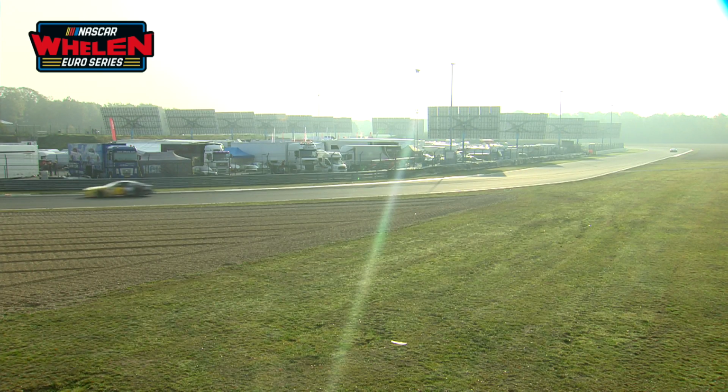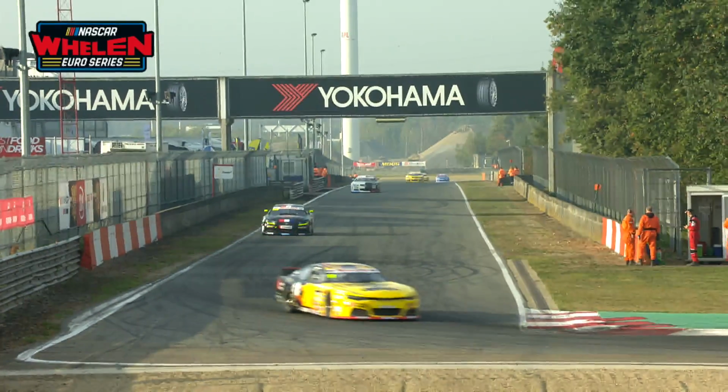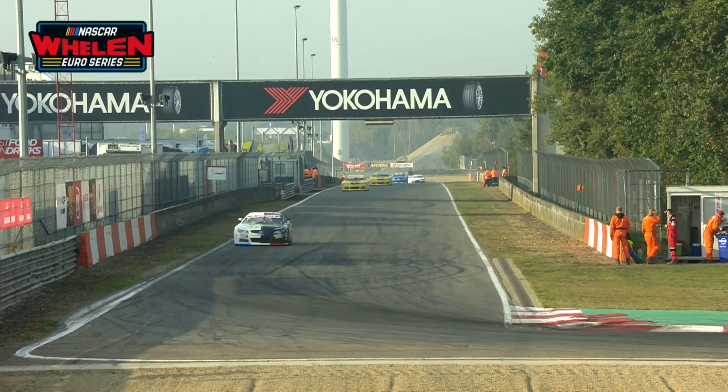So a 1 minute 38.086, checkered flag already out, is 0.8 of a second quicker than Alan Day's own lap record from 2015 qualifying. That is a sensational lap from Alan Day, and it does look as though, with I think all of the cars now having taken the checkered flag, it's such a short, sharp 5 minutes for Superpole. They only really got one flying lap in, and it is number 54, Alan Day, that will start from pole